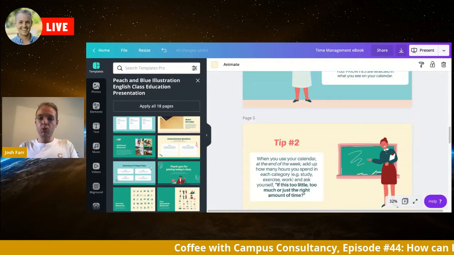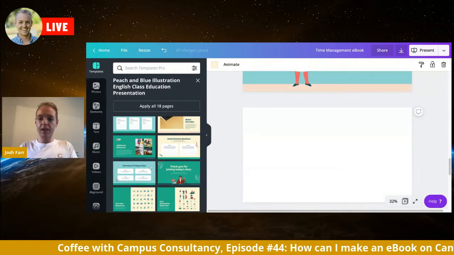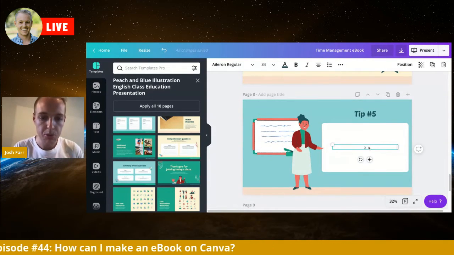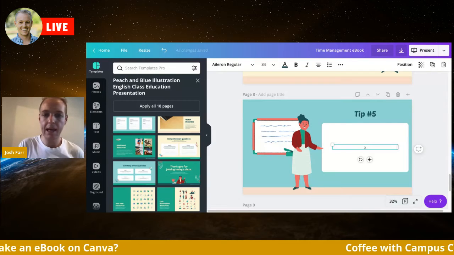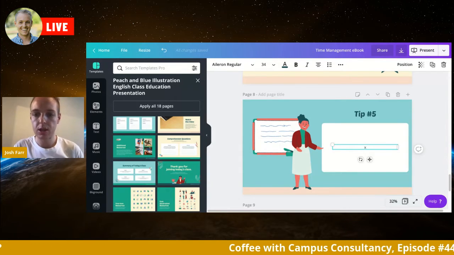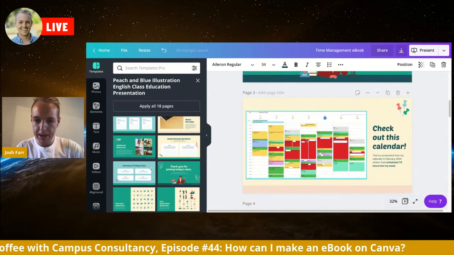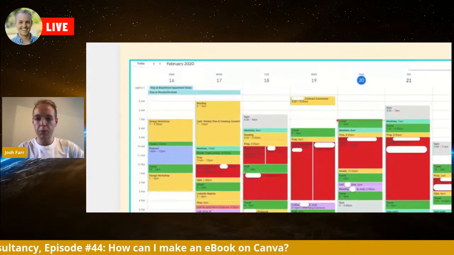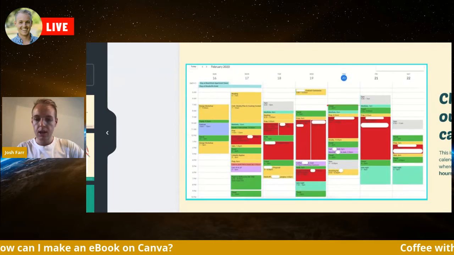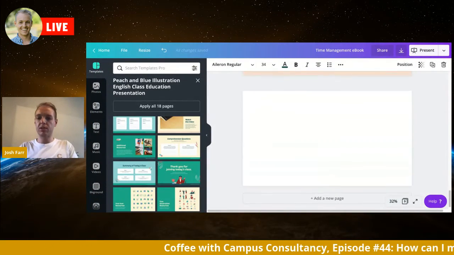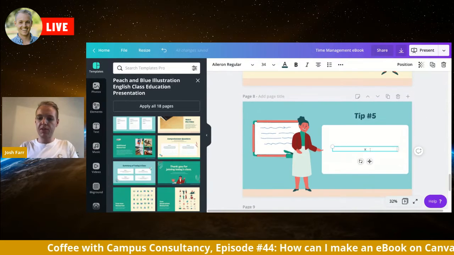So that might be tip number 4, tip number 3, tip number 1, and then I need a 5th tip for time management. So if I'm going back to the post that I used before, and if I go back to my calendar, maybe for a little bit of inspiration, I'm scrolling up, I'm looking at my calendar, and I'd say, really, what are the principles in here for time management? So I might focus on doing the most important things first. So my 5th tip might be